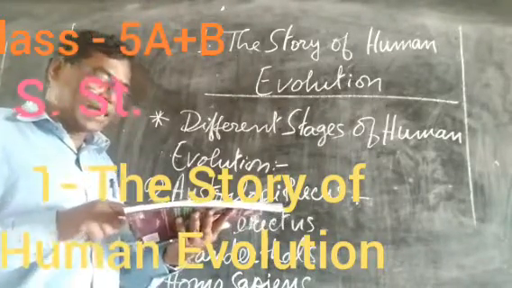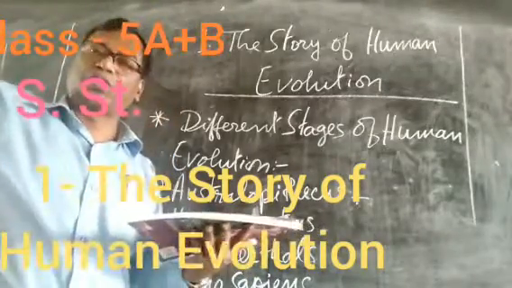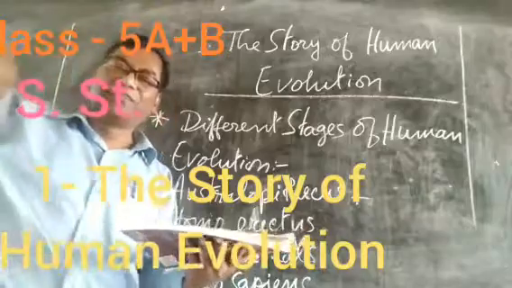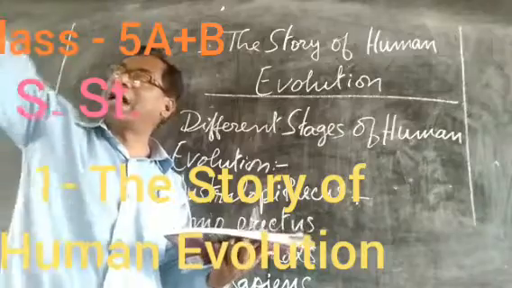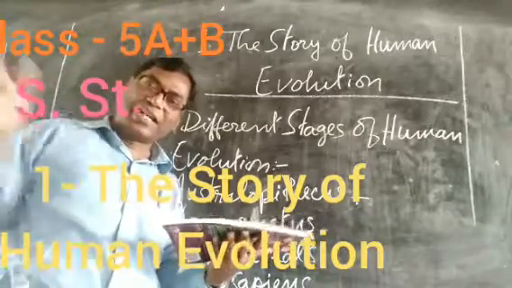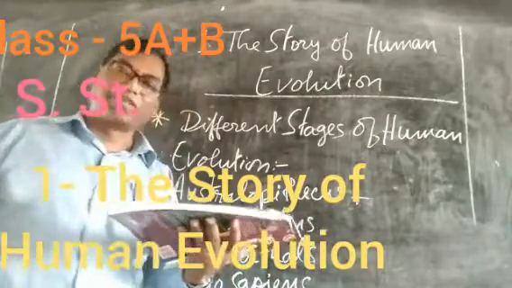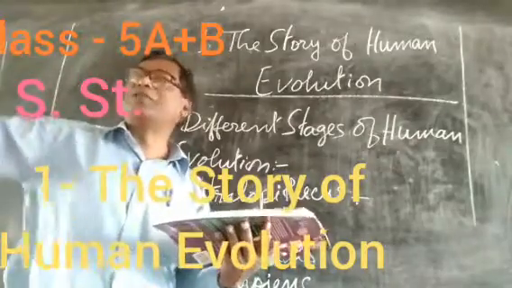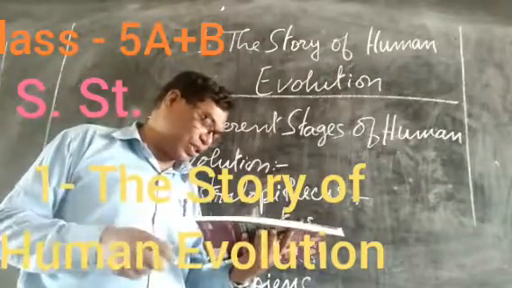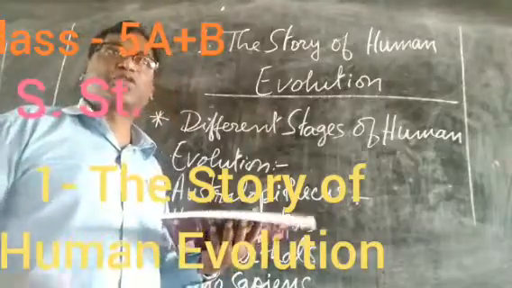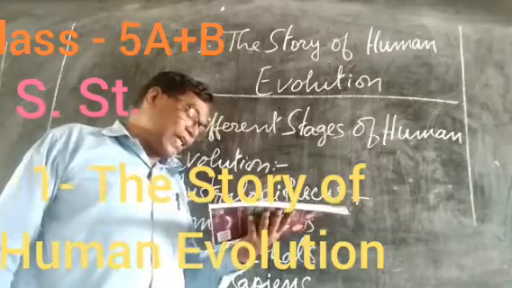But like apes, they had longer arms. Like the monkeys, they had long arms so that they could hold the branches and swing. You might have seen monkeys swinging. As a result, their arms became longer than their legs, maybe, because they were jumping from one branch to another or one tree to another. They were living on trees. Naturally, their arms became longer, like apes.